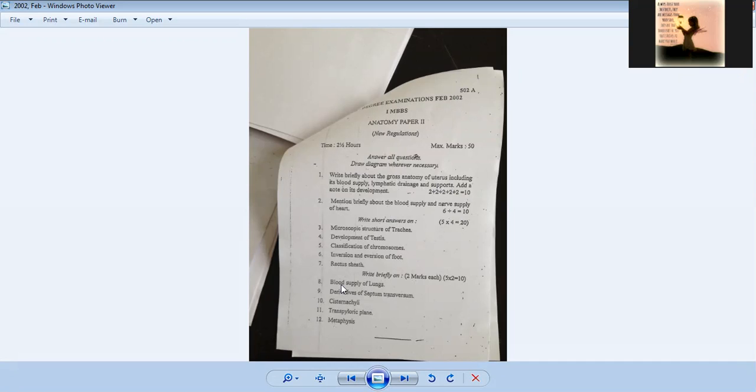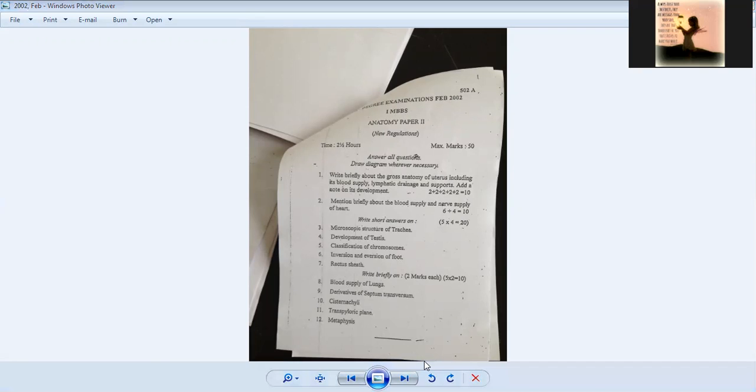Then microscopic structure of trachea. What do you see in the microscopic structure of trachea? Mucosa, submucosa. Okay, no, trachea. Trachea, of course, the mucosal lining will be pseudostratified ciliated columnar epithelium. Below the mucosa, we will have lamina propria, and in the submucosa, we will have tracheal glands. Outside, we will have the serosa. We have tracheal plates also, no? It's hyaline cartilage. Full hyaline cartilage we will see in the submucosa. And outside, we will have again adventitia. Okay, beta?